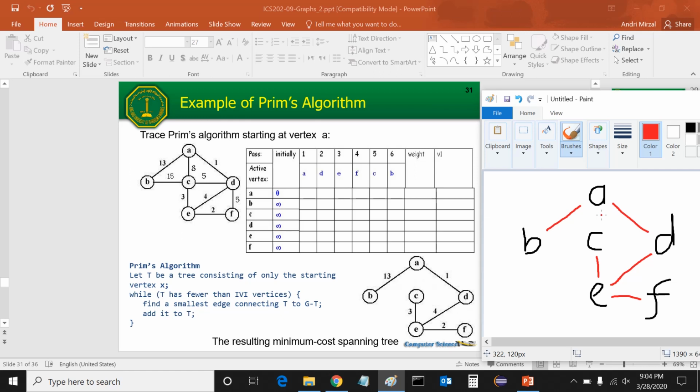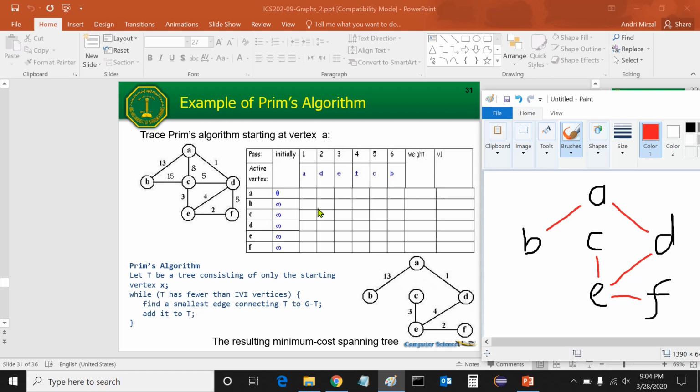As you can see, deriving the corresponding minimum cost spanning tree by using Prim's algorithm is much simpler if you just apply this algorithm directly, without using this table. The steps that we did previously are actually just applying this algorithm without any change. So that means you do not need this table at all to derive the minimum cost spanning tree by using Prim's algorithm.